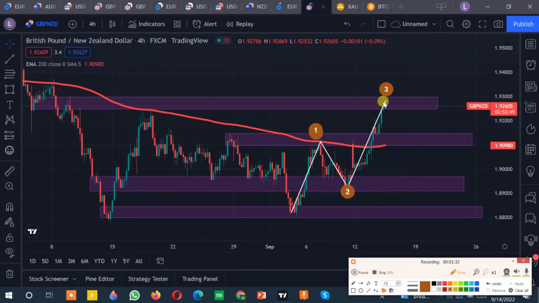Now we cannot say it is the end point of 3, we are not sure if it is the end point of 3, or if it will go again some more pips, or it is a reversal point for another point 4. So for this we can